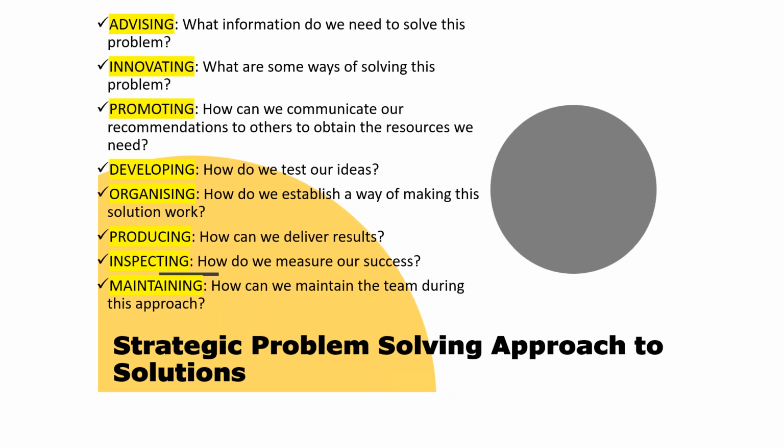So, for example, if, as number 3, promoting, we don't spend a sufficient amount of time communicating our solution to the rest of the organisation, it's likely that roadblocks will appear all of a sudden, and we've got to down tools and sort out how we're going to resolve those communication issues. You see, so all of those things become really important. Now, you might say, well, isn't that my role to make sure all those things are done? Absolutely, it is. But to make it easier for you, the reality is you have a lot of the solutions in your team, and it's a matter of drawing on those preferences to enrich the opportunity for the team to achieve its success.